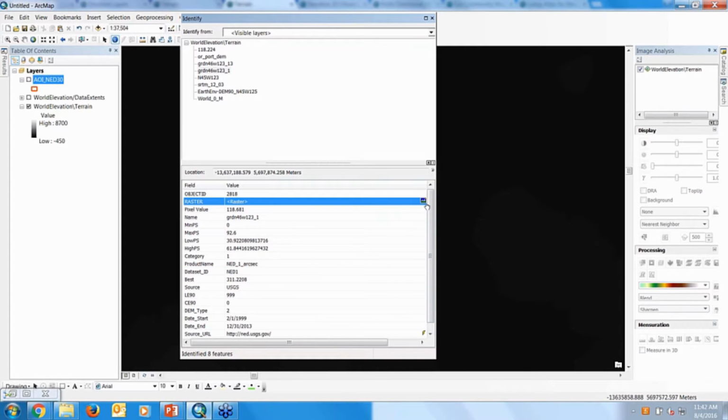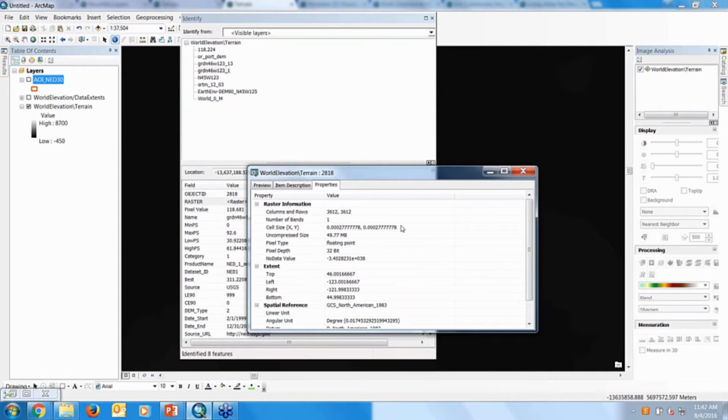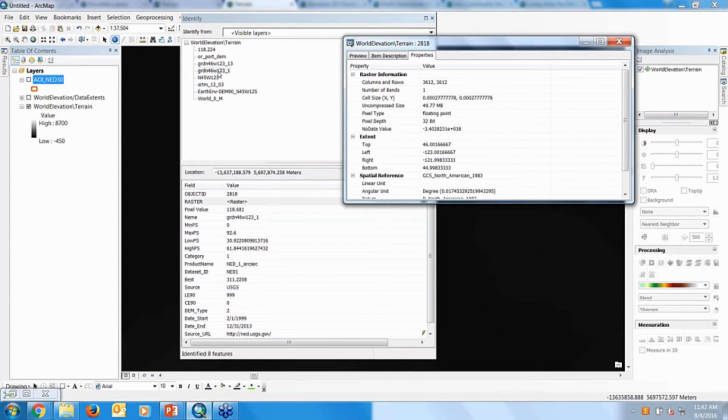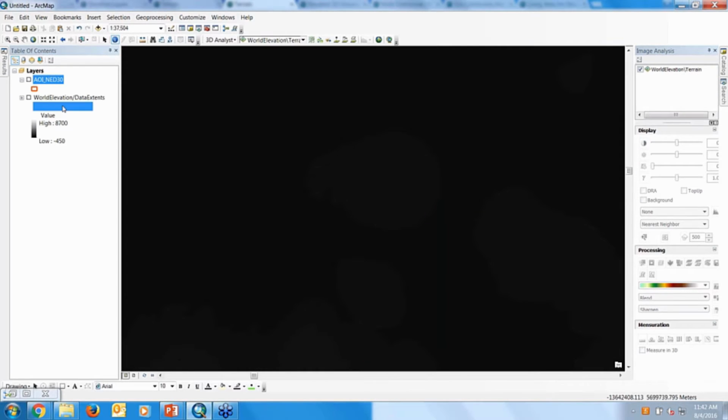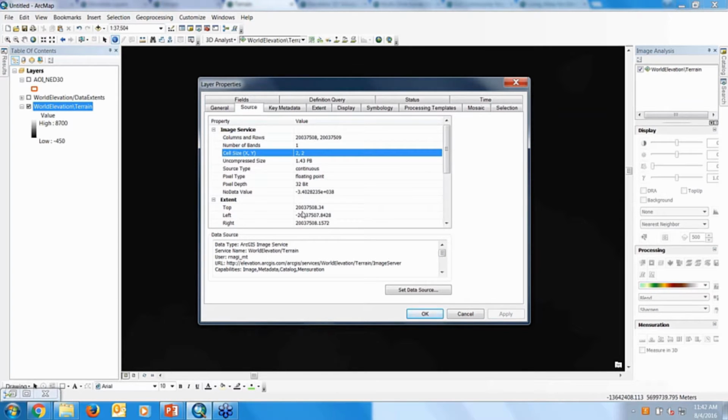And once from the raster, you can click the info button. So for all these different sources, the service is in Web Mercator, but we kept all the sources in their native coordinate system and cell size. So in this case, as I can see, my net 1 arcsecond is basically in GCS North American 1983, which is a geographic, it's not projected, and its cell size is in degrees. If I quickly look at the properties of the service, it says the cell size is 2 meters and it's in